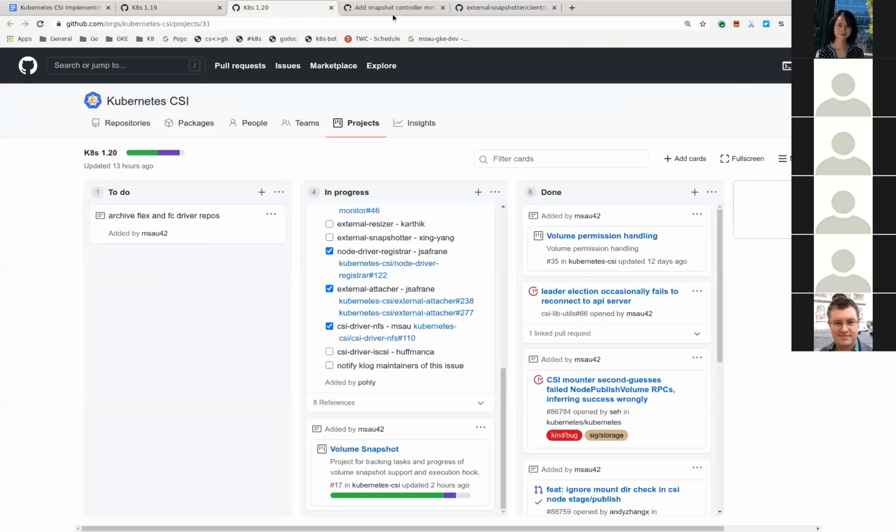Cool. Anything else with snapshots? I think those are the two main things. And there was a new bug that opened. I just had a quick fix. I will need to ask Shang-Chen to take a look. It's a simple fix, but may have some consequences, so I'll ask him to take a look and see if that makes sense at all.